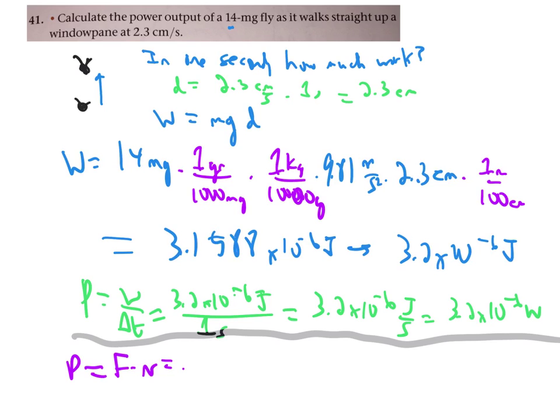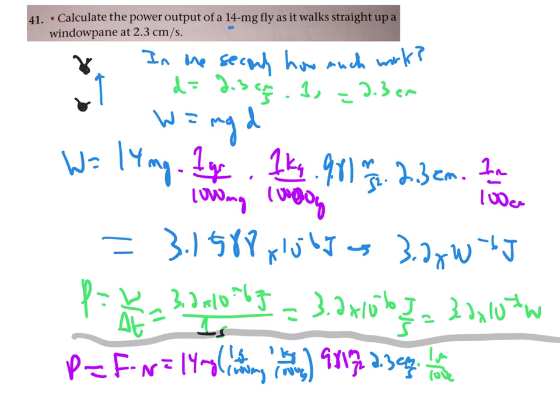So it's going to be the weight, which is 14 milligrams times all those conversion factors, so 1 gram per 1,000 milligrams and 1 kilogram per 1,000 grams, times g, times the speed, which was 2.3 centimeters per second, times the conversion of 1 meter per 100 centimeters. And if you grind all of that out, you end up again with 3.2 times 10 to the minus 6